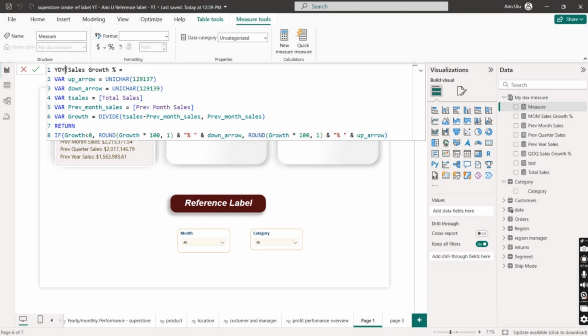So for the year-on-year growth sales, you're going to do the same thing. I'm going to change this to year. I'm going to change this to year as well. Year on year. So here we have it,